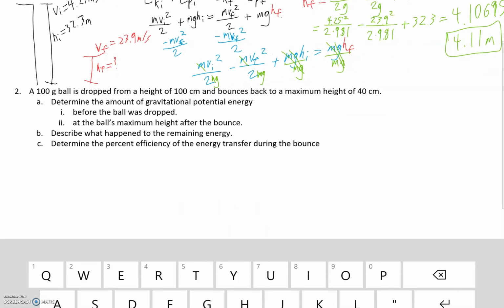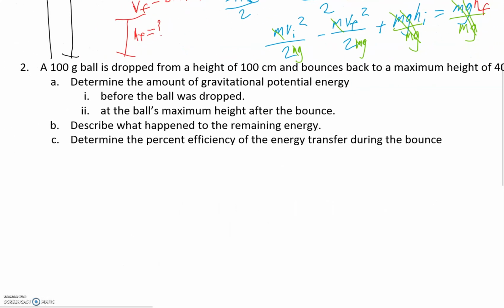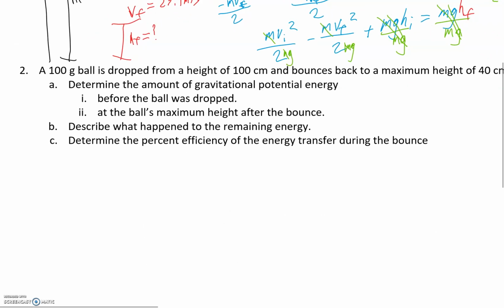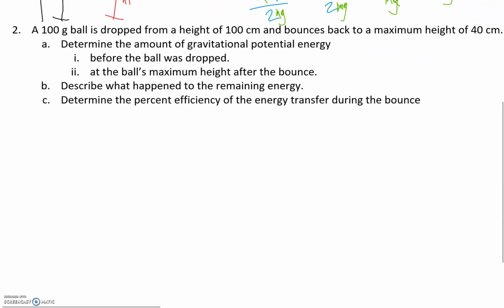Alright, let's take a look at this last question here. A 100 kilogram ball is dropped from a height of 100 centimeters. It bounces back to a maximum height of 40 centimeters. Determine the gravitational potential energy before the ball was dropped. So this is EPi that we're looking for, which would be